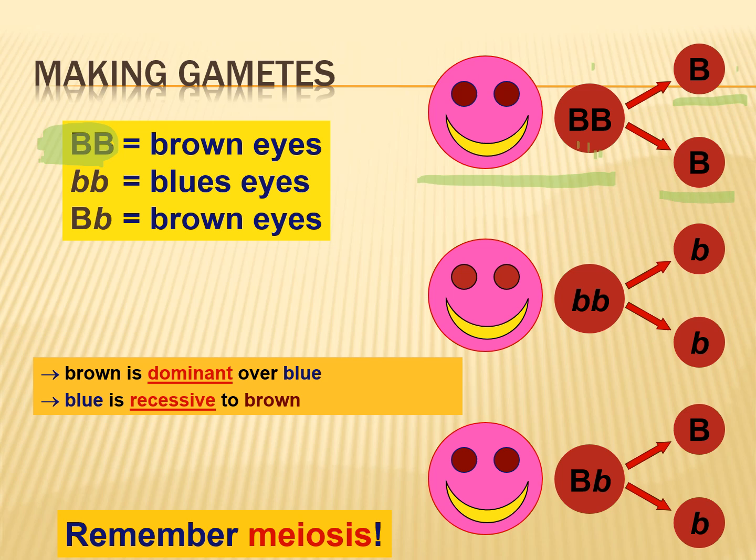So their sperm and egg cells could only have a big B. If they're homozygous for the little b, their sperm and egg cells could only get a little b. If they're heterozygous, their sperm or egg cells, 50% of them would get a big B, 50% would get a